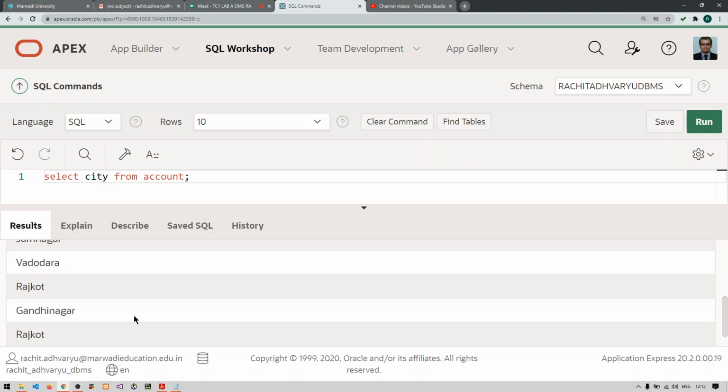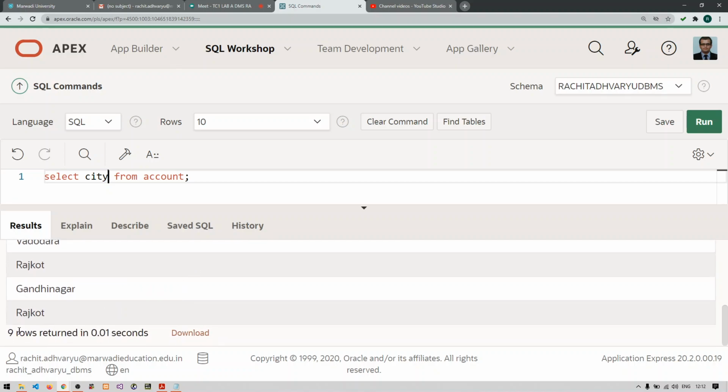So ultimately you have to show only 6 rows in the output instead of these 9 rows, right? And so for that we are using the distinct keyword. So how to use the distinct? We are going to write select, and then we will write the keyword distinct. Into brackets we will just provide the column name for which we want our unique data. You can only provide one single column into the brackets. You cannot write city comma account number. That is wrong. You have to provide only one column. So select distinct city from account.